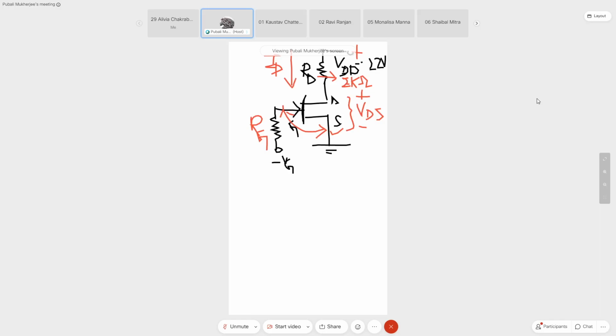So drawing the circuit with your own hands, in paper and pen, is the way I'm doing it on the board. It takes the amount of time that it would have taken in a live class, because that is what we do, we draw it on the board. I'm using this whiteboard to give you that same feel, so that you understand the steps in which the subject is to be understood.